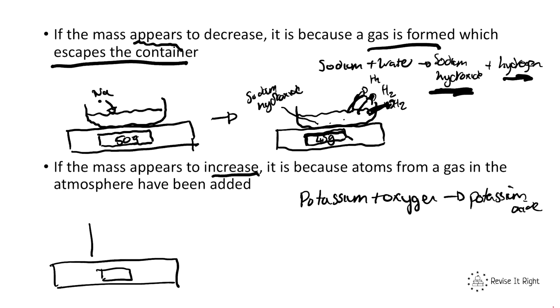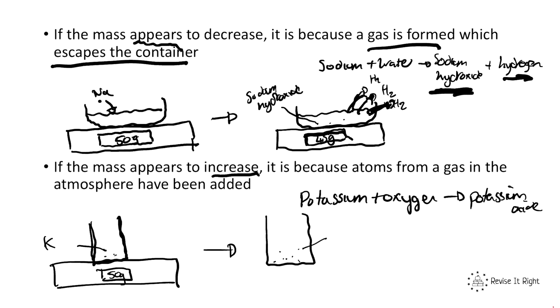I've got a beaker of potassium. So this beaker contains potassium. Now what I'm going to do is force that potassium to react with the oxygen in the air, maybe by heating it up. So I'm going to force that to happen. But before that, actually, we didn't take a reading. So imagine this is 50 grams, because what we're measuring is just the beaker and the potassium. So now we're going to force that potassium to react with the oxygen in the air, and what's going to be formed